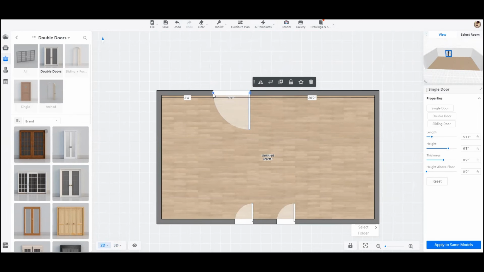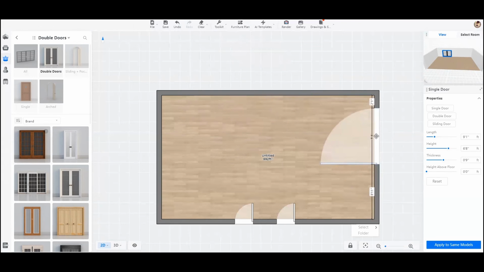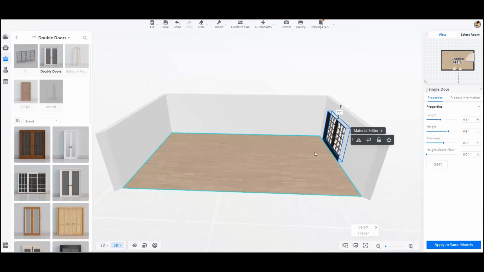You can also change your length by grabbing these little blue dots and expanding. As you can see up here on the right, the length is expanding. I can also move it along the wall. If I click it and get this arrow key, I just hold and drag wherever I want. I can move it to a different wall if I want to. So that's another way. Now if we go into 3D,